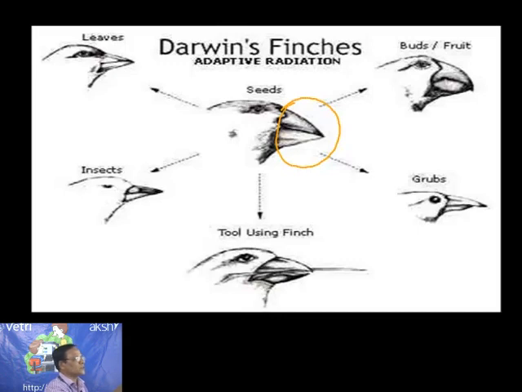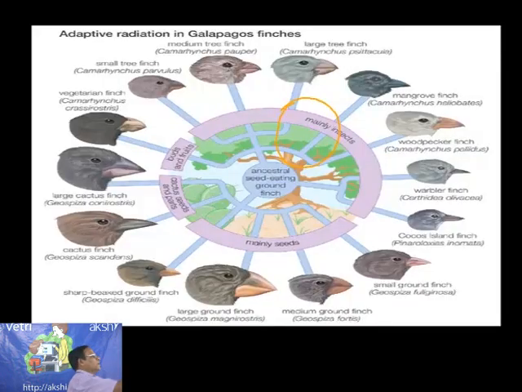You could see in this picture the different types of beaks. These beaks are formed for doing different functions. According to the mode of feeding, the beaks have been modified. But the same structure, upper and lower, is made up of horny material. The origin is the same, only the function is different. The structure is also different, though the basic pattern is somewhat the same. So that is about Darwin's finches, exhibiting homology as well as adaptive radiation.